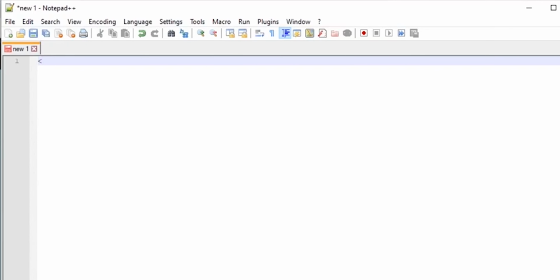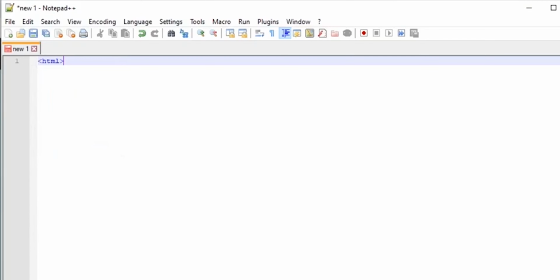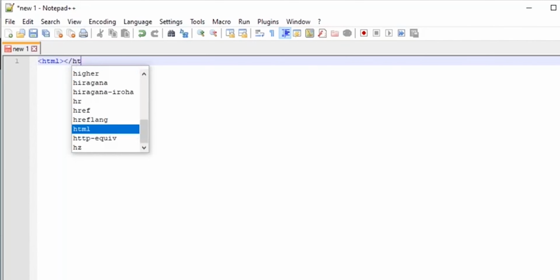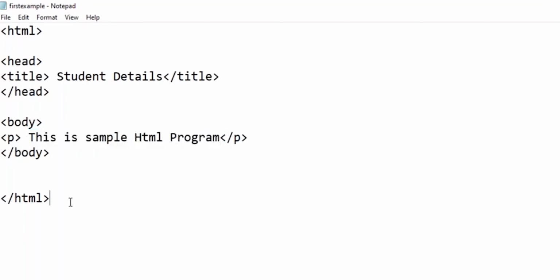So here also you can write. It shows some code intelligence in Notepad++ or other advanced code editors. It will show the default syntaxes. See this one, close HTML toggle tag is also available. But coming to Notepad, we didn't see this kind of code intelligence.